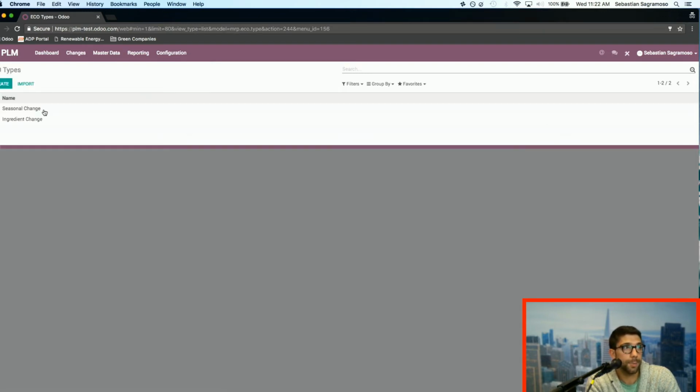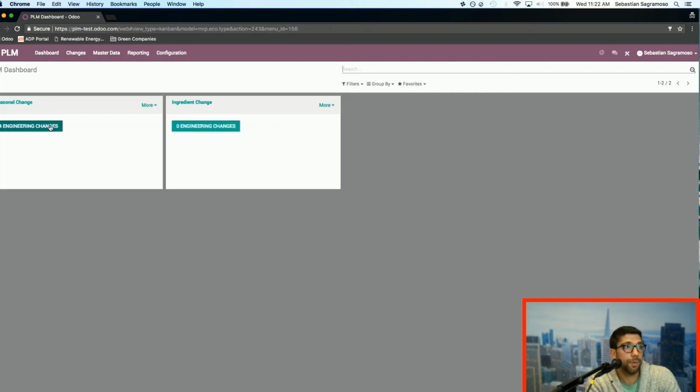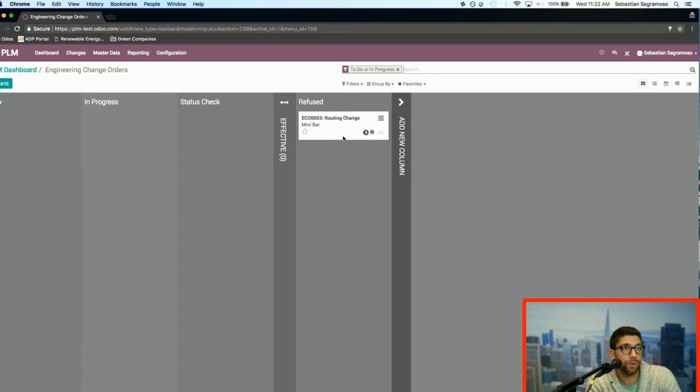We look at our types. We have seasonal change, ingredient change. We have ECO stages right here. Approvals. So we'll take a look at that right now. If we jump into one of these particular Kanban views, note that each stage I can definitely scroll into and move around, but I can have configuration for each one. What that means is that these 2 stages, perhaps anyone can move around in, can move these products from one to the other. Now for a status check, to mark this as effective or refused,